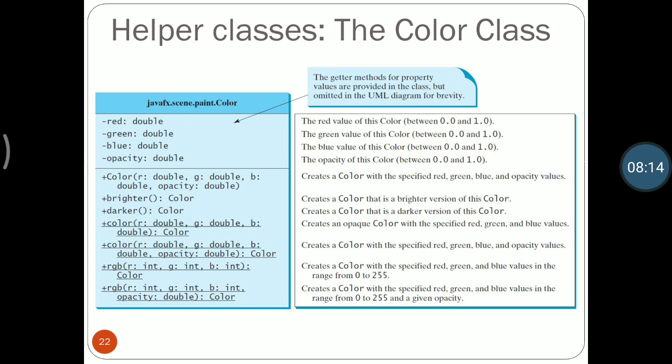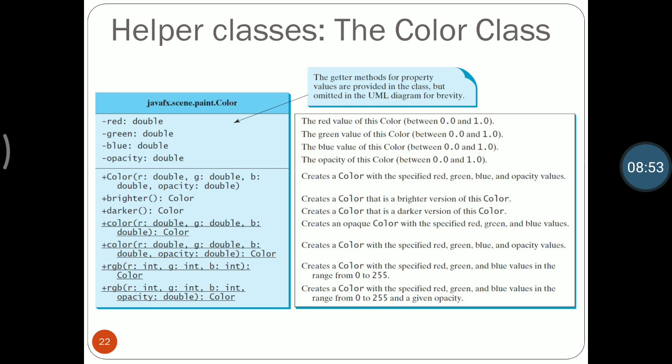First one, Color class. Color class will have red, green, blue and opacity components. Red, green and blue, these three colors make different other colors. As we all know, the main primary colors are red, green and blue. Different values of these colors merge and generate other colors. So basically we will take these three colors. We can take their value between 0 and 1.